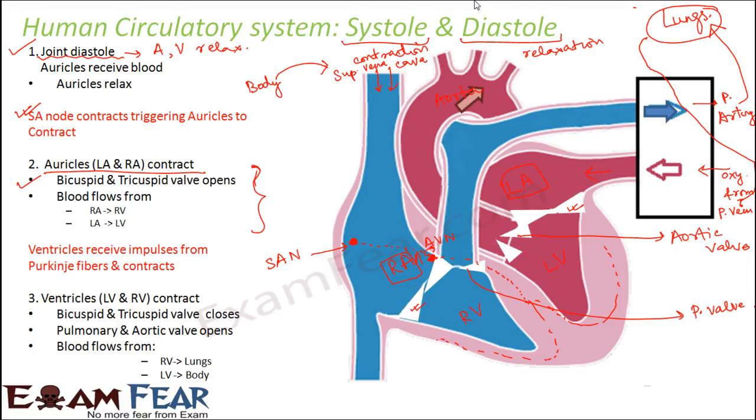From the aorta again, where will it go? From the aorta, the oxygenated blood will go to different parts of the body. Right? So now you understand how the heart actually functions, how it transfers oxygenated and deoxygenated blood to different parts of the body. Right? So you understood the role of both the things, the contraction and expansion of the auricles